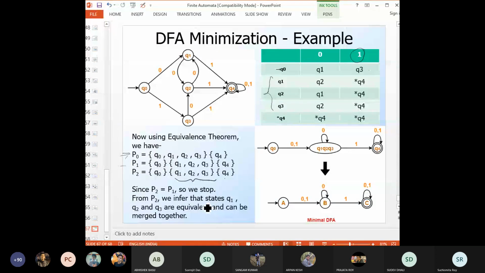So we infer that states Q1, Q2 and Q3 are equivalent and can be merged together. On input 0, they go to the same partition. On input 1, they have a transition to Q4. And Q0, on input 0, it goes